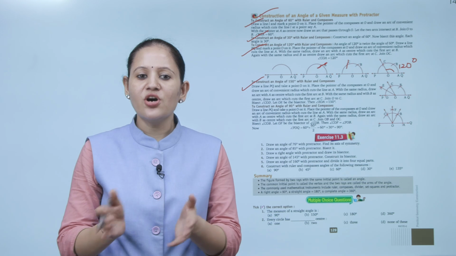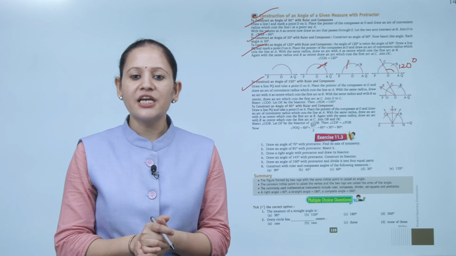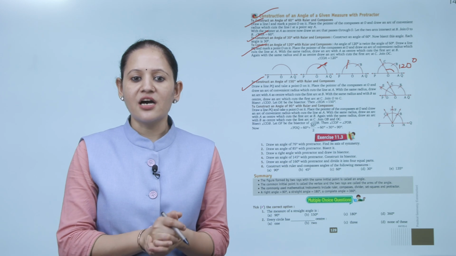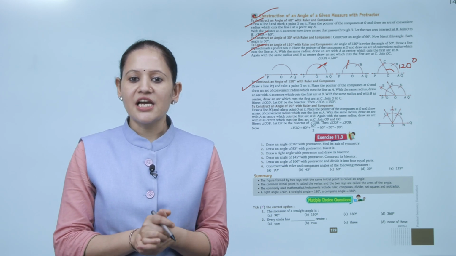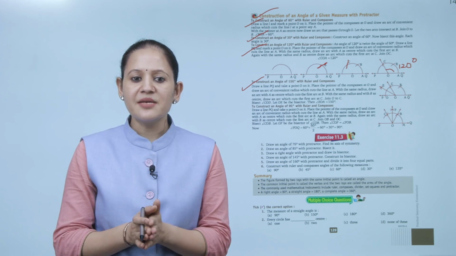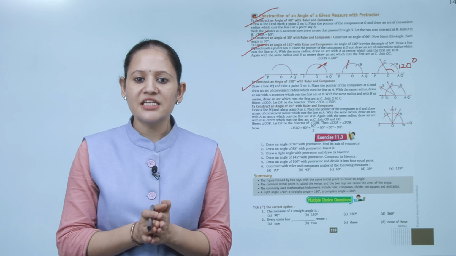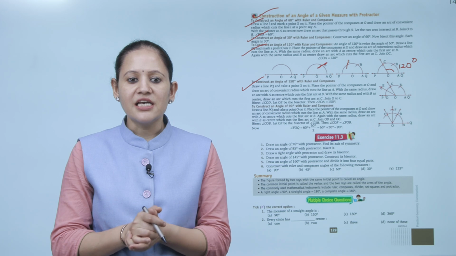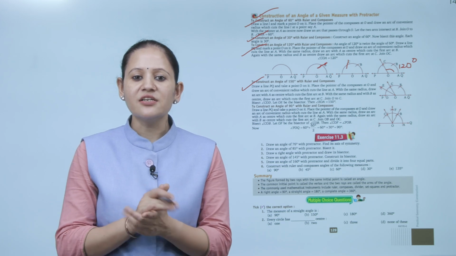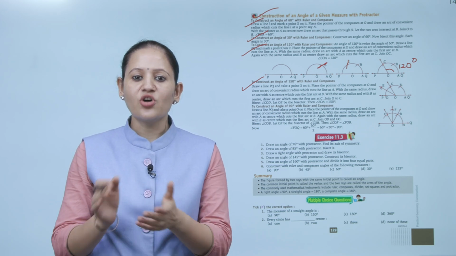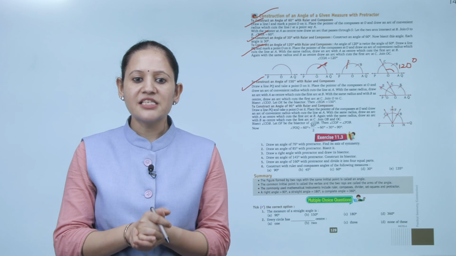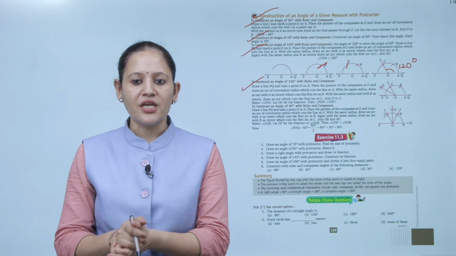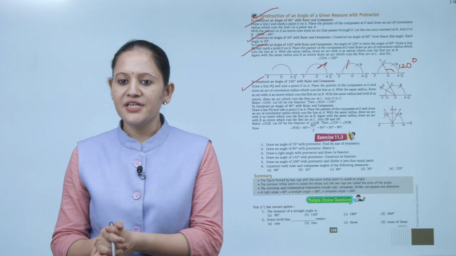So for that, draw a line PQ, take a point O on it. Place the pointer of the compass at O and draw an arc of convenient radius which cuts the line at A. With the same radius, draw an arc with A as a center which cuts the first arc at B. With the same radius, with B as a center, draw an arc which cuts the first arc at C. Join O to C. Bisect COA. Let OE be the bisector of angle COA. That is of 150 degree.